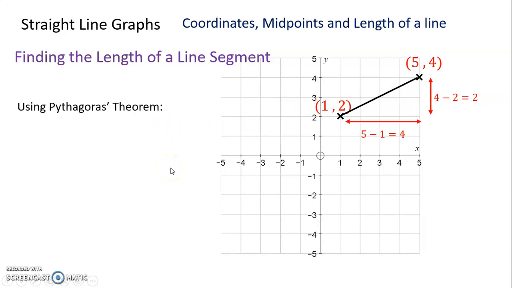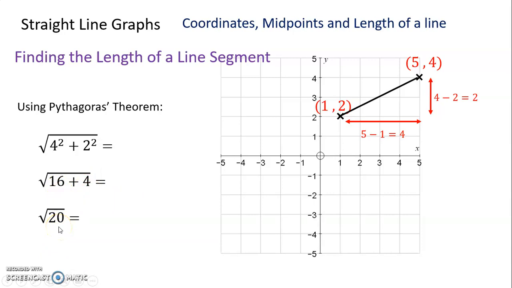So we're going to use Pythagoras' theorem. And that's going to be the square of the 2 smaller sides added together, and then we square root to find the length of the hypotenuse. So it's going to be 4 squared, which is this one, add 2 squared, which is this one, and then the square root of those. So that's going to give me 16 add 4, and I'm going to add those,